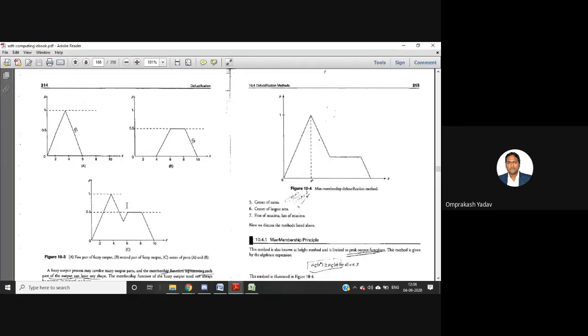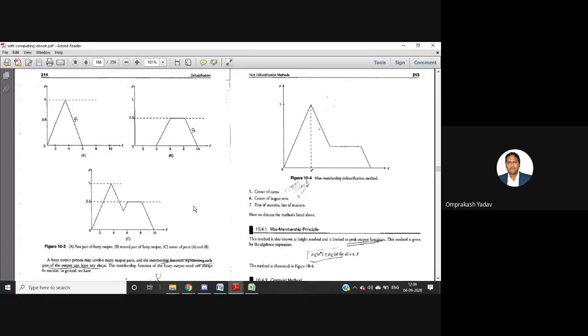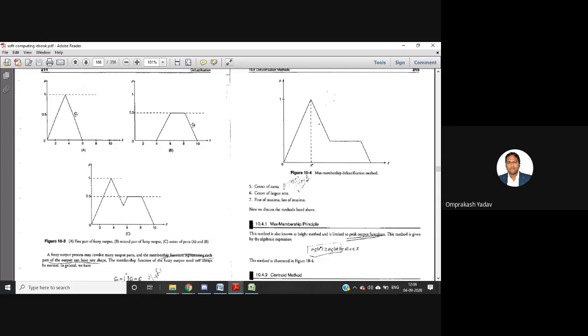Some of the methods work directly on the output image, and a few methods work on the input images. So how do we find this superimposed graph? We combine these two and take the outer boundaries. I told you how to draw one below the other in your notebook properly, making all the margins equal for all the graphs. Then you draw the final graph by joining both graphs together and selecting the outer boundary, so it will be a superimposed graph. In all the methods we work on this particular diagram.